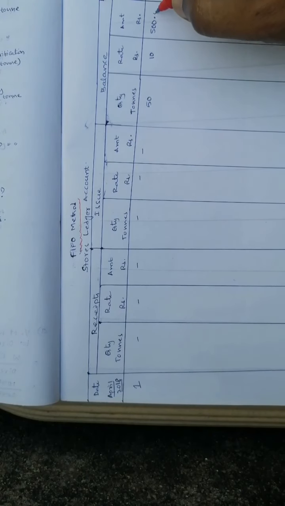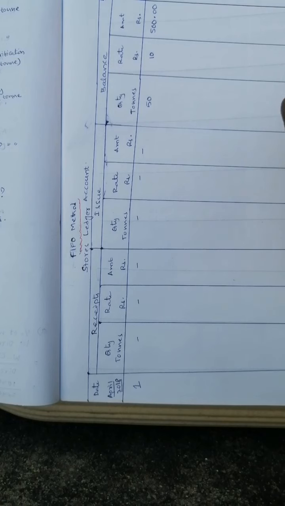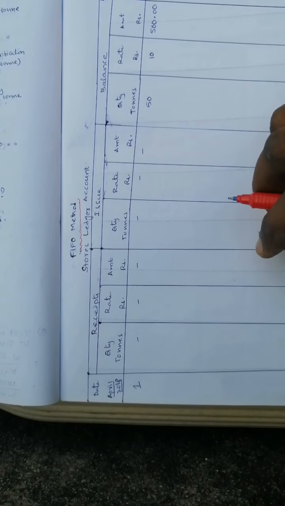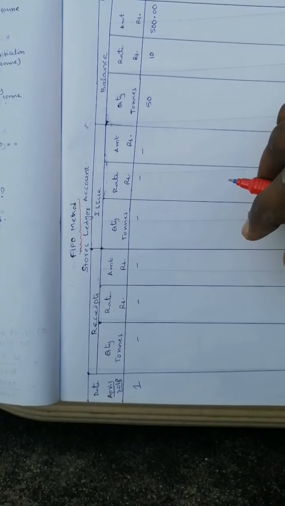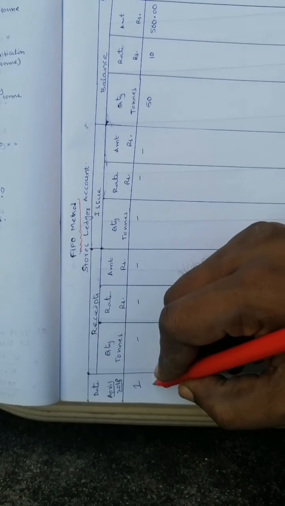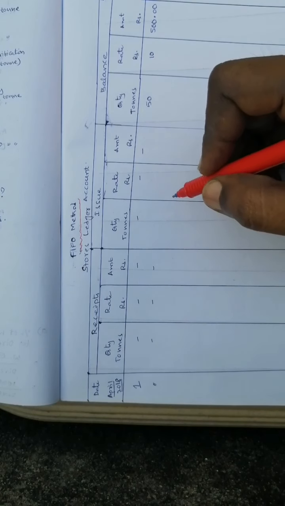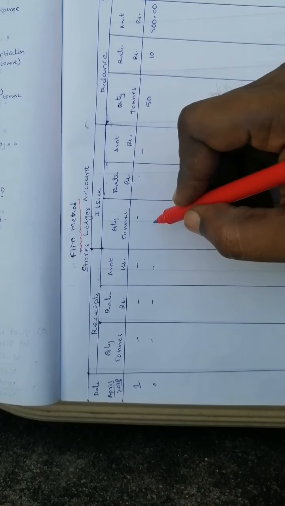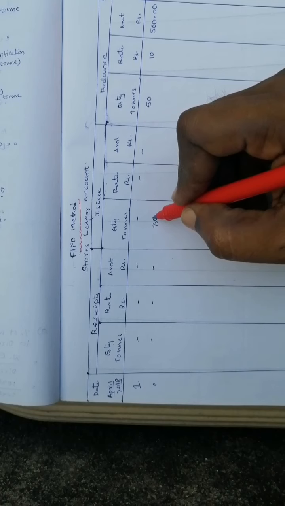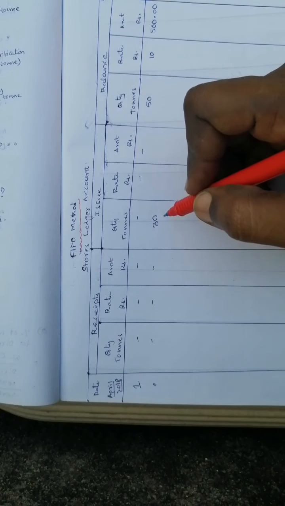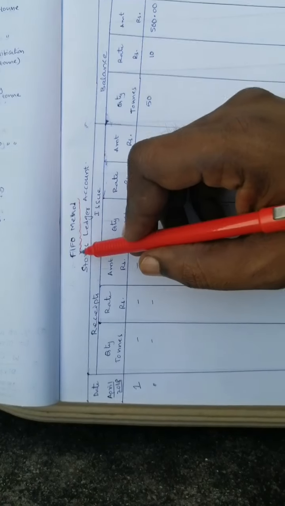So even if you take the paisa column, because somewhere here and there if you get paisa again, you need not worry, you can straight away write it in this form. On the same day, that is on April 1st, there are no receipts, but there is an issue. How many tons issued? 30 tons.